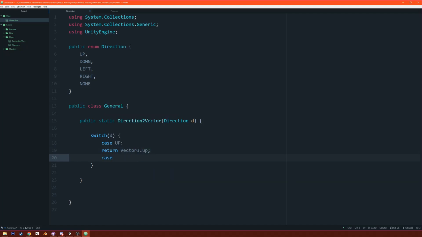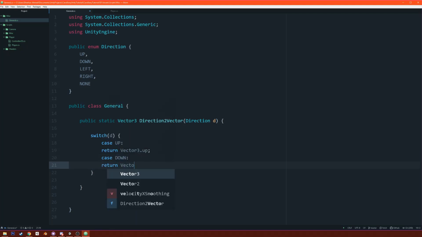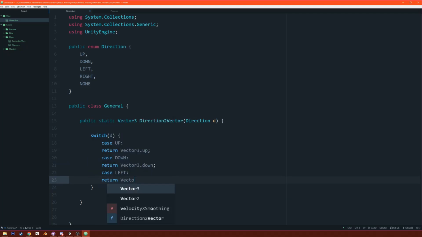Case, oh, we never define what type it is. You know, we could actually make it a Vector2. Nah, Vector3 is just easier to work with in Unity usually. Okay, so down, it's going to return Vector3.down,